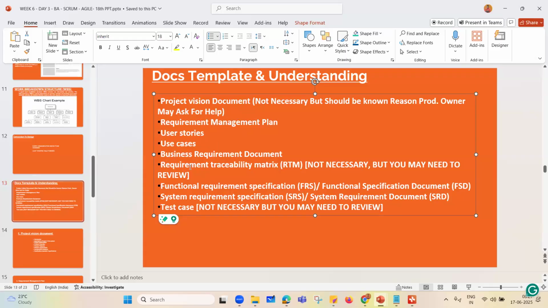Business requirement document and requirement traceability matrix. You may be creating the business requirement document. You may be creating the functional requirement specification document if the company demands. You may be creating the system requirement specification or technical requirement document with lesser input, because the solution architect may create it. But the requirement traceability matrix you don't necessarily need to create, but it may come back to you